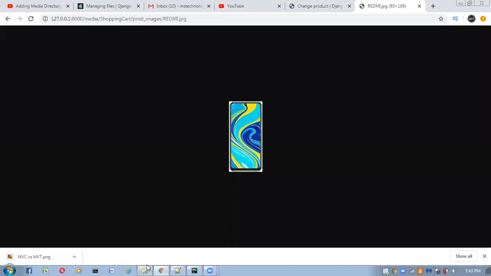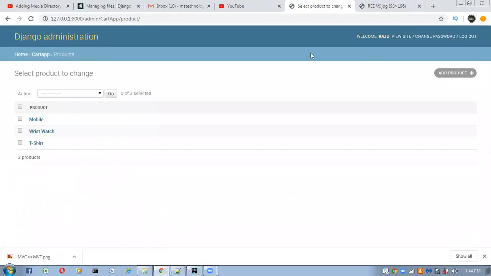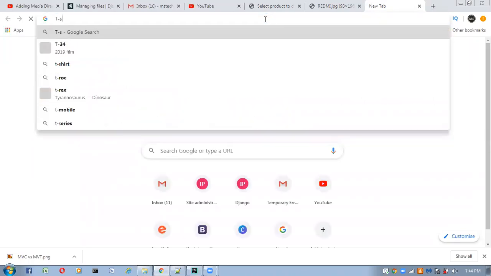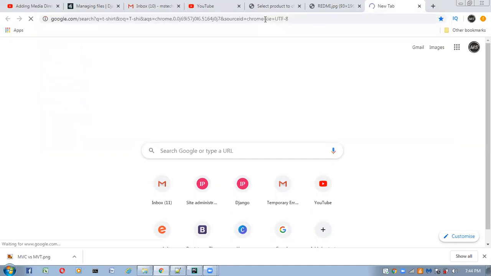Now I will add one more image. Go to products. Before that, I will download an image here. I will download one t-shirt image.